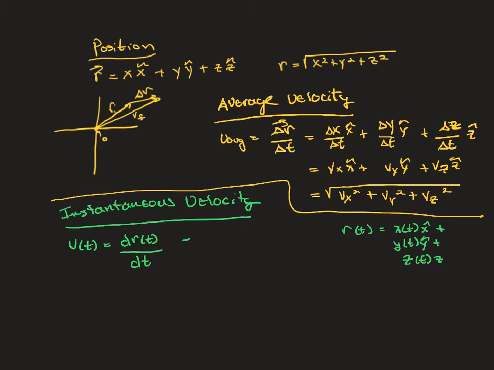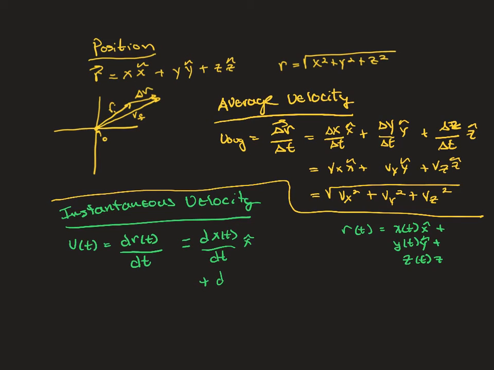So you'll have individual functions that describe how the motion changes in the x, the y, and the z direction. And what that means is that you're going to have to take a lot of derivatives, because it's going to separate out into taking the derivative of the x position function in terms of t, and that's going to give you your x component,